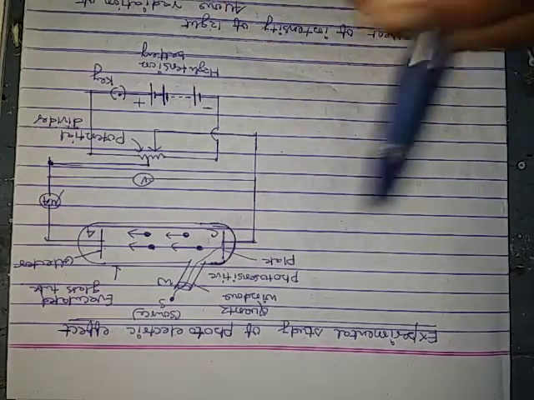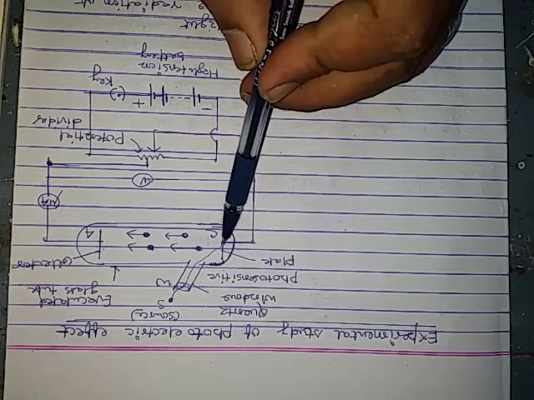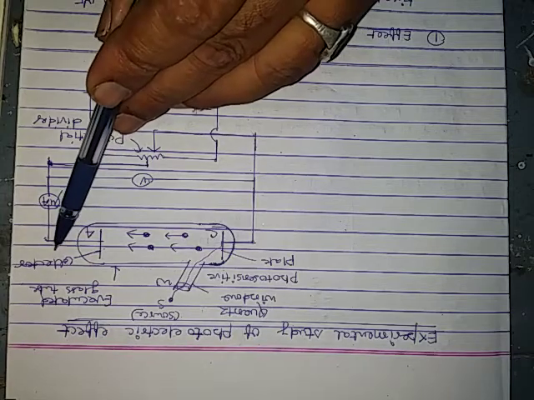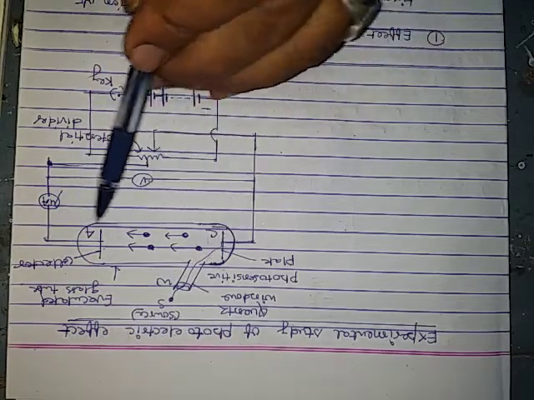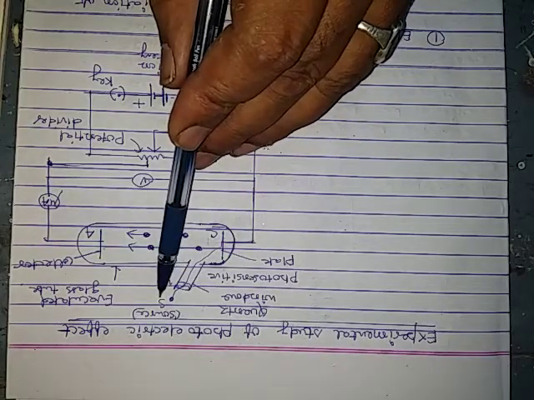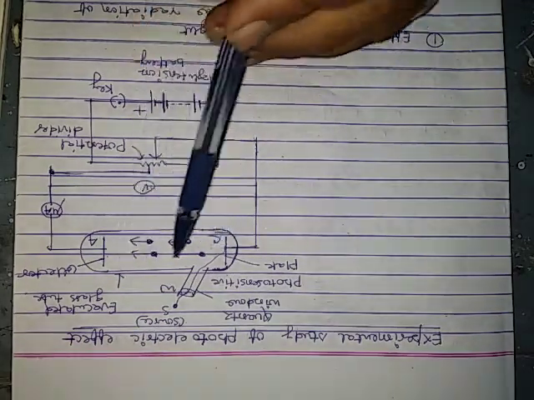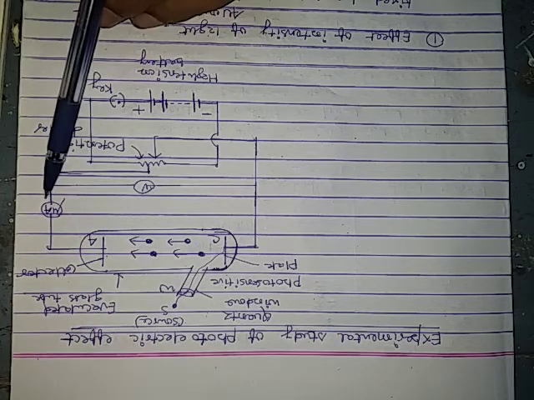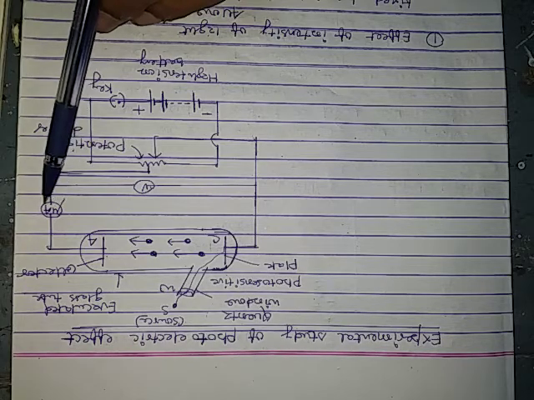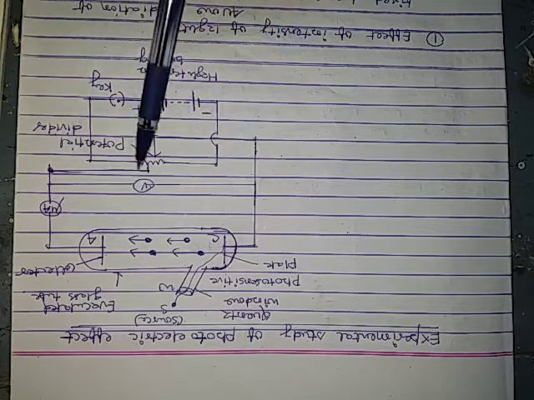It is very clearly shown in the figure that C represents the cathode, which contains the photosensitive material, and A represents the anode, which is the collector. It is an evacuated tube with a quartz window, and S is the source which emits ultraviolet radiation. The anode is connected with a microammeter, and a voltmeter is connected between the cathode and the anode.